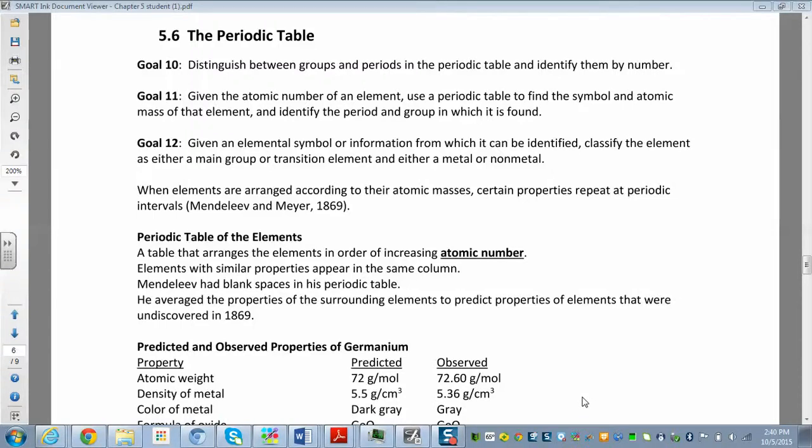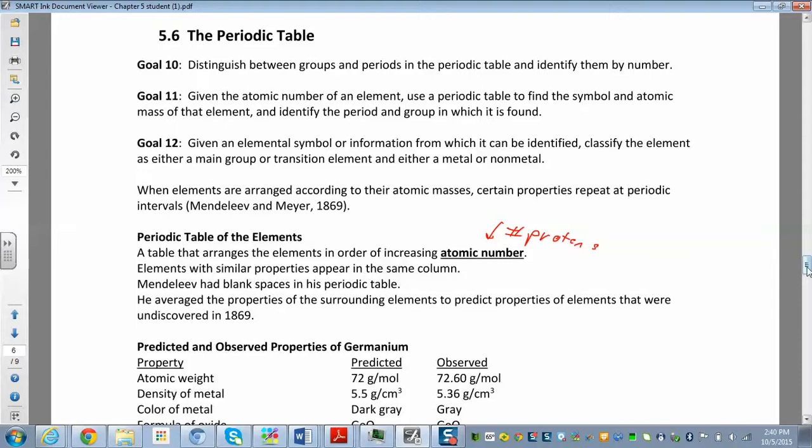Now we can talk a little bit about the periodic table, which we already kind of mentioned in class before, about why or how the elements are arranged. They're arranged in order of increasing atomic number. If you remember, that's the number of protons. So they put them in order of increasing number of protons, atomic number. Historically, how did they develop this shape of the periodic table?